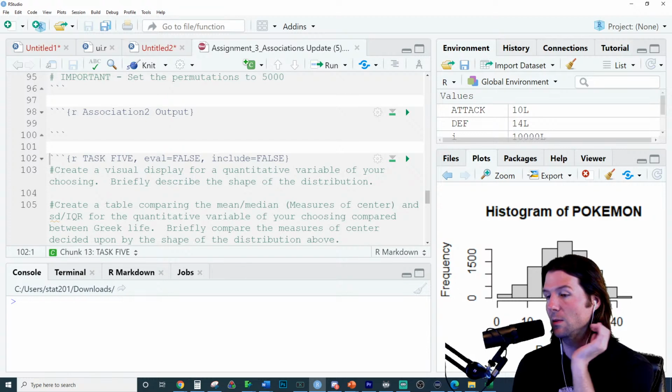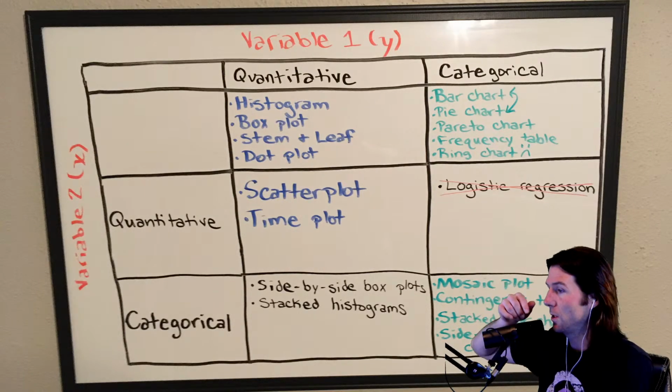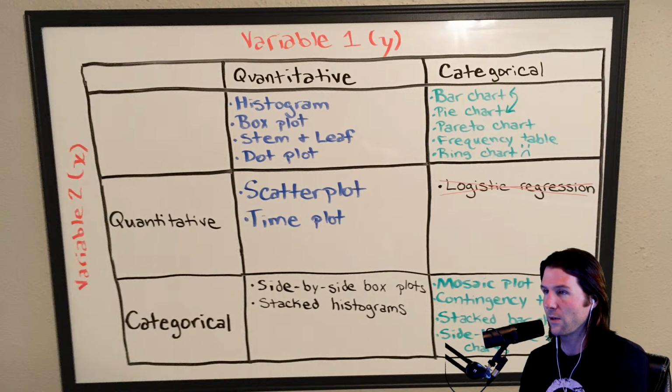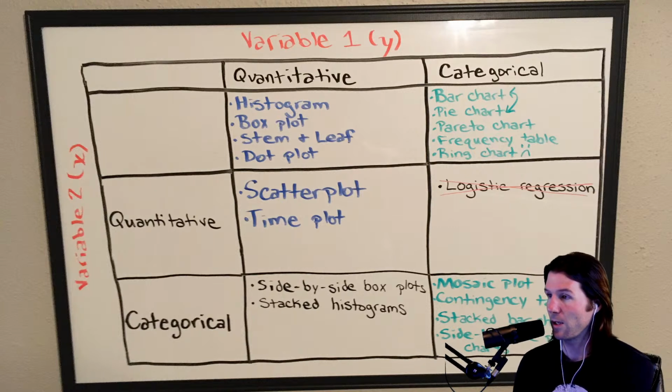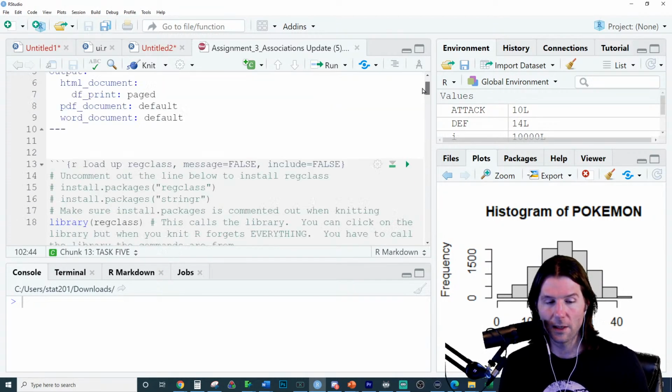Histograms, you are right. Histograms is one of those variables. And so where's my variable screen? All graphics, here we go. Histograms is up there in the top corner, which is where we have univariate quantitative analysis. So histograms, box plots, stem and leaf, dot plots. And what's really great about this is if we have our variable,